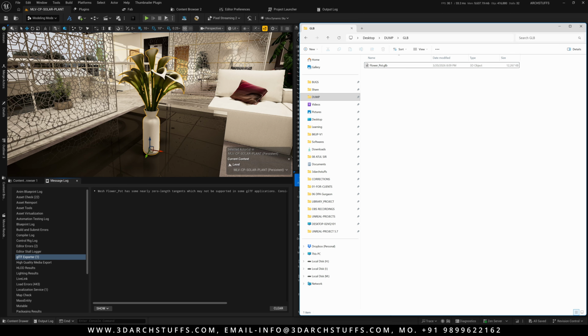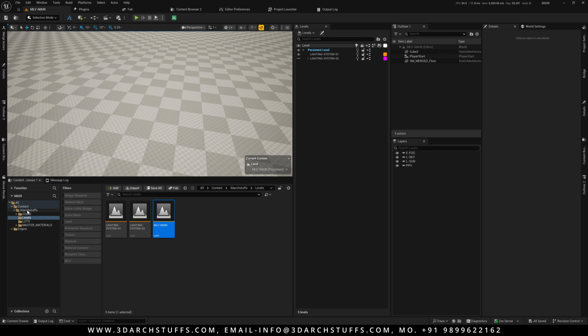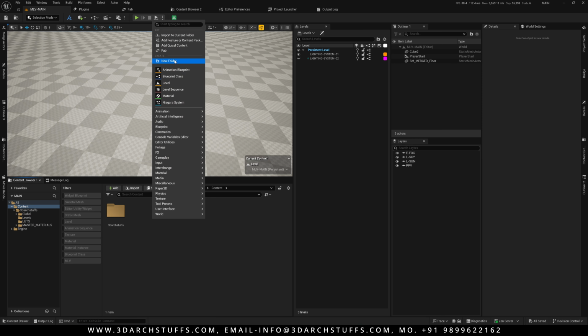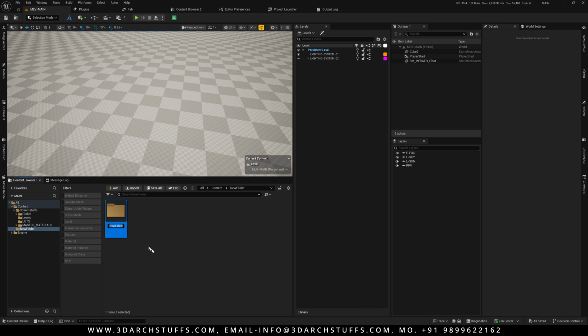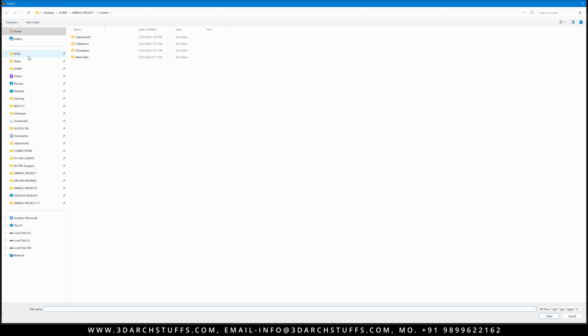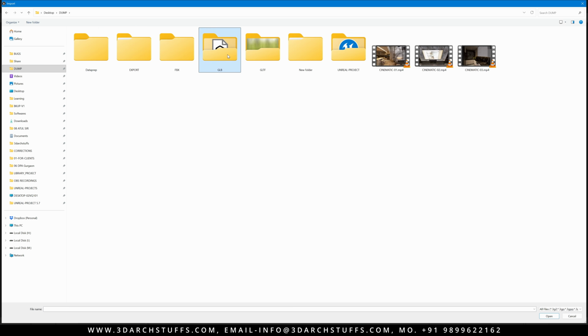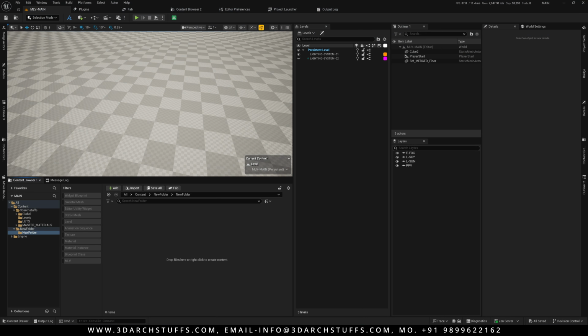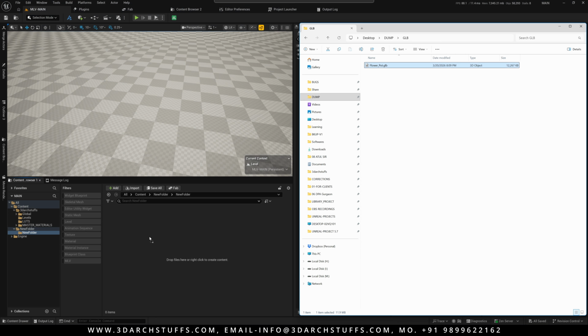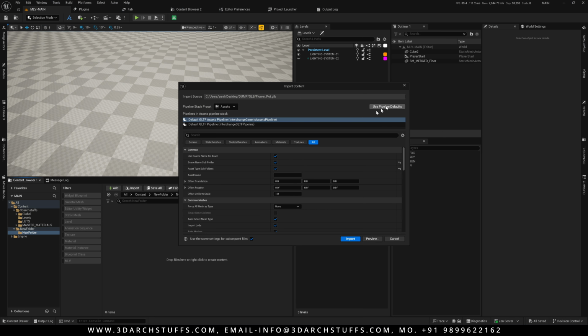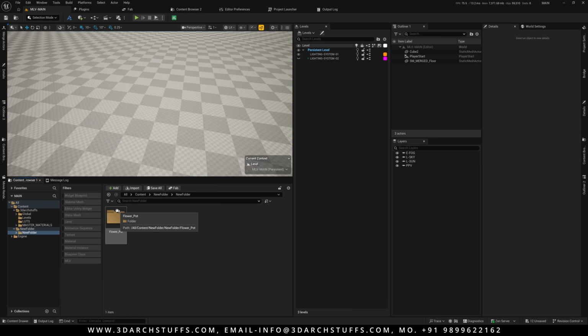Okay. So now I will go ahead, and I have already opened a new project. I will go here in content browser, make a new folder. Inside the new folder, I will make another new folder for the flower pot, and I will go ahead and right click and import folder, and then I will go to dump glb and select open it from here, or you can go ahead and just drag and drop from here, right, and keep everything default. Click import, and see, it created a folder with flower pot. Then inside that a material folder, then inside that a static mesh folder, and then inside that a texture folder